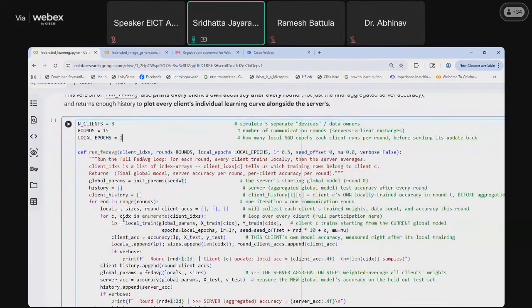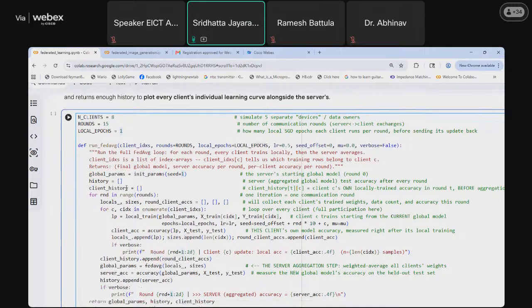So now coming on to running the Fed average function.